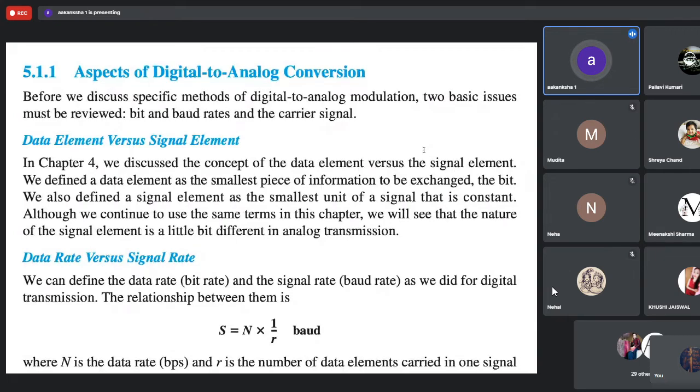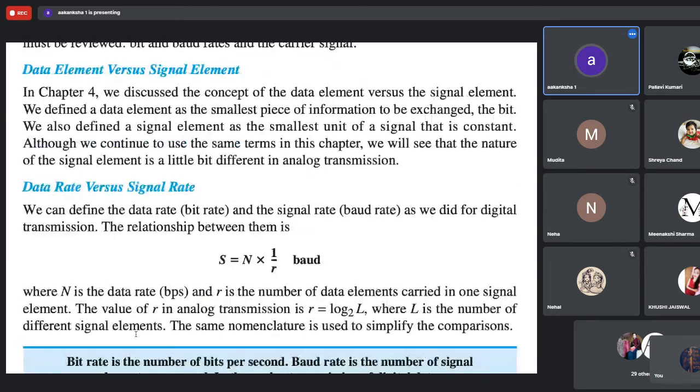Now we'll be using the same, but with a little bit of change. So how to compute data rate and how to compute signal rate. Data rate is how fast my information is being transmitted, how many bits per second are being transmitted by the technique, like ASK, FSK or PSK. And signal rate is how many signal changes per unit of time will be needed for transmitting a particular number of bits per second. Signal rate is also known as baud rate.